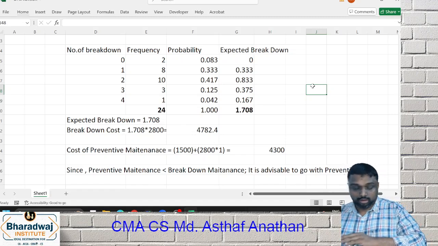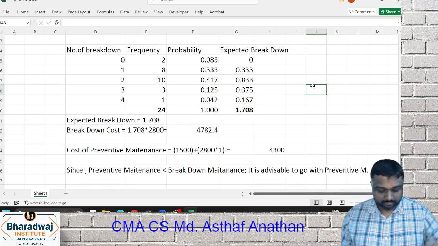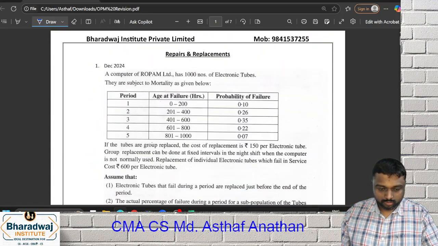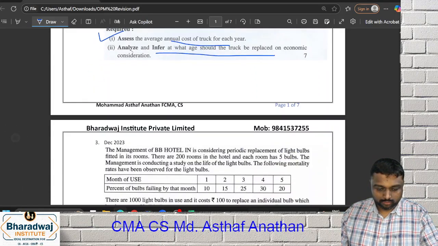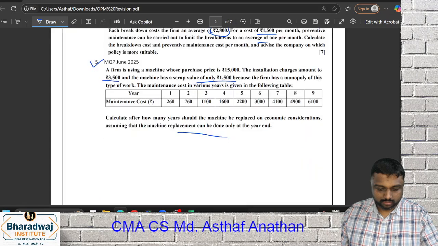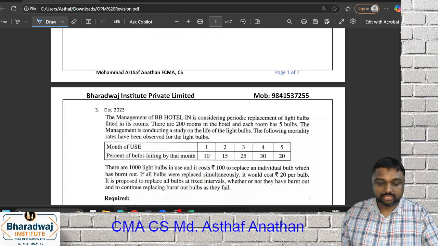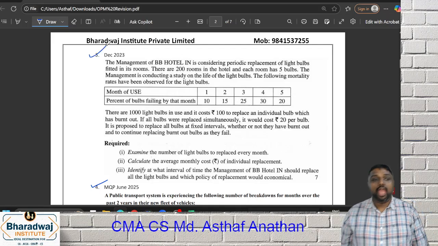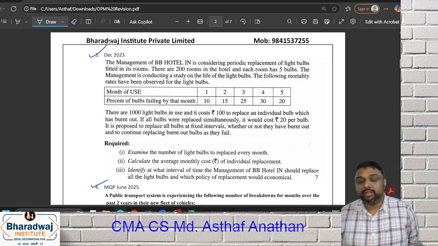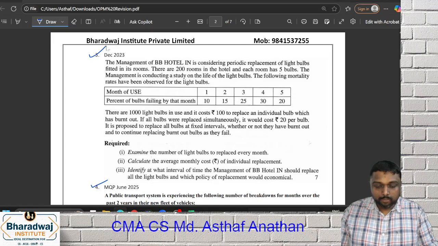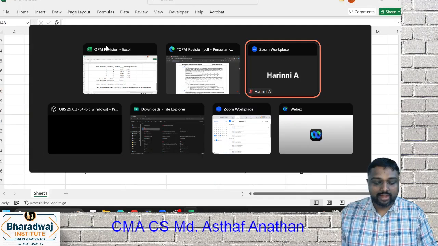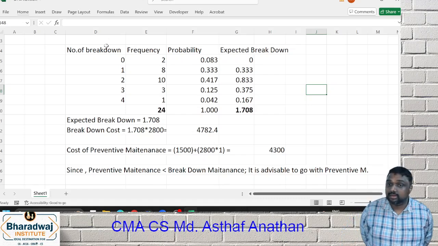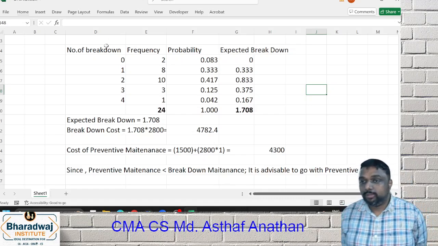Now we'll go for another interesting question. Another interesting question, a superb question, group replacement. We are going for group replacement. This is a very good, interesting point. My dear friends, before starting this, you should have an idea about what is group replacement. I know the majority of you already learned this, but still, for the benefit of everyone, I will tell you.